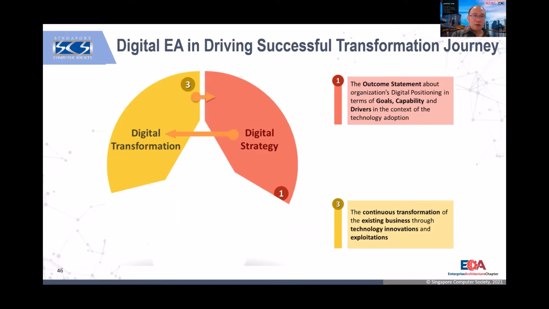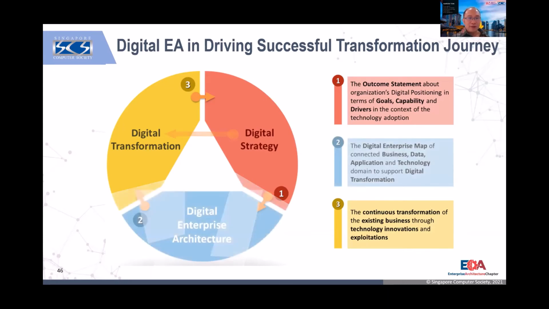So instead of going from 1 to 3, we go into number 2, because when you do 1 to 3, someone has to do the architecture. And how is the architecture being done? It's being done while you're executing the transformation. And this is basically the root cause of many so-called hiccups in digital transformation initiatives. Because by right, they should do the proper architecture first, then the execution, where, of course, in the context here, solution architects are executing the digital transformation.